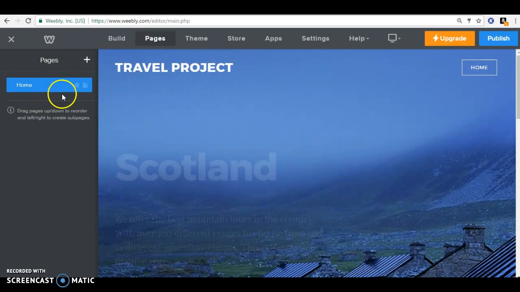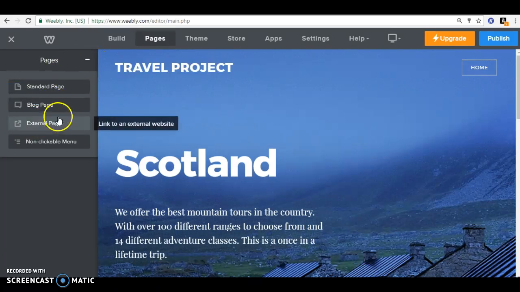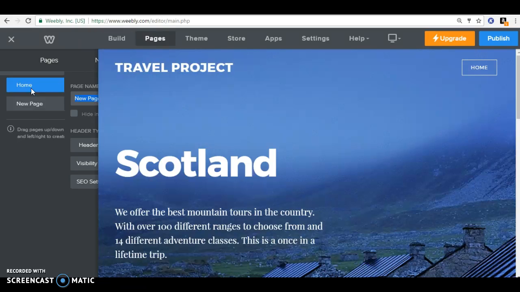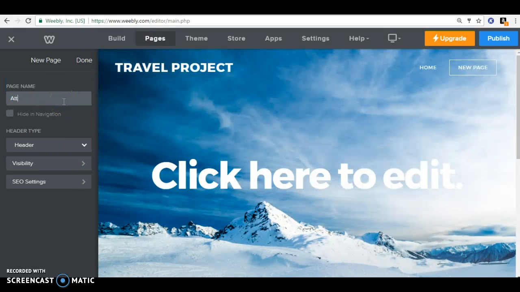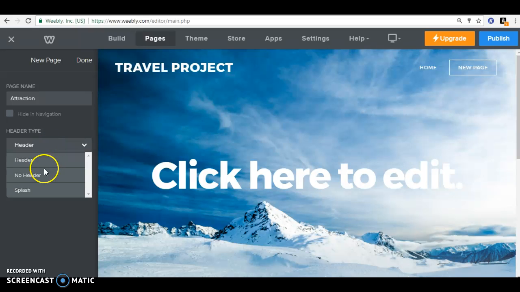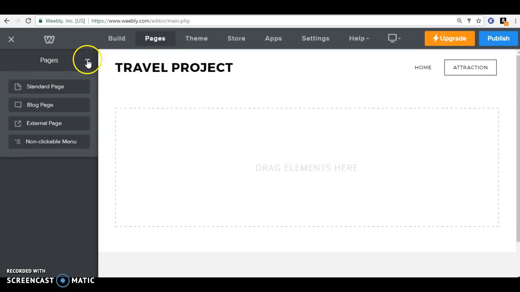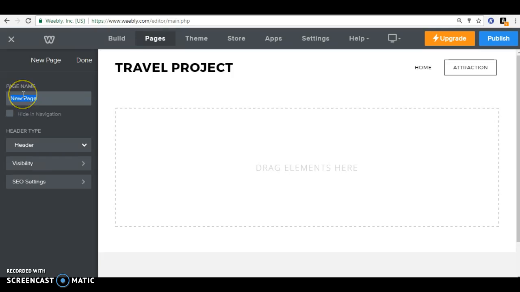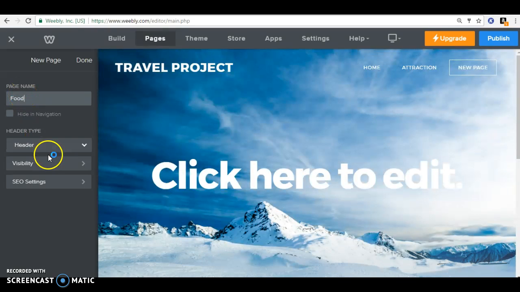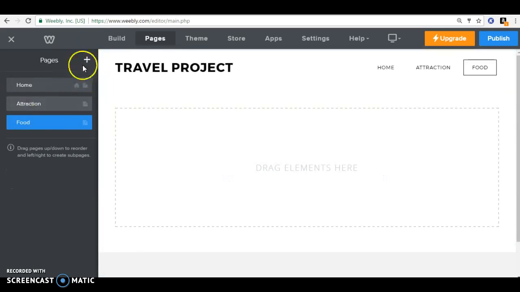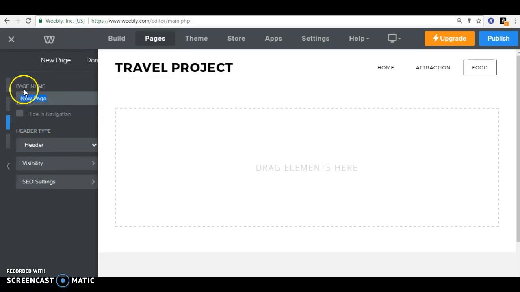All right. And then I'm going to create my own pages. So I know that I'm going to use a standard page. I know I need one about an attraction. I don't really want a header on that. No header, that way it's nice and blank for me. Done. I know I need a page about food. I don't want a header because I don't want this mountain picture. No header. Done. I know I need a